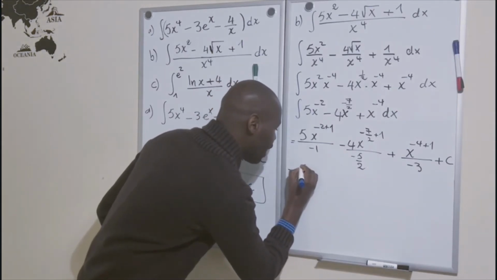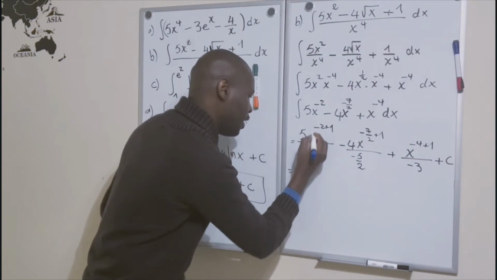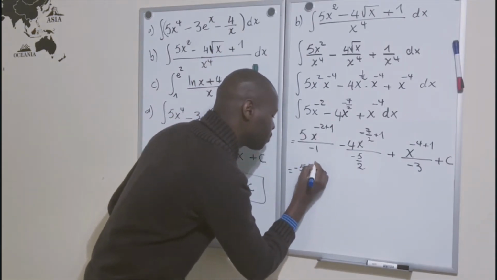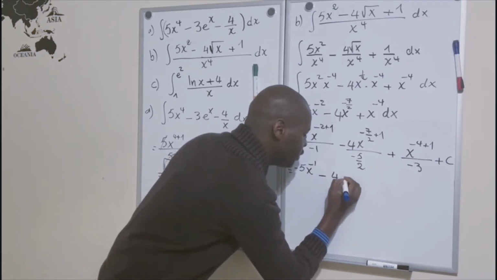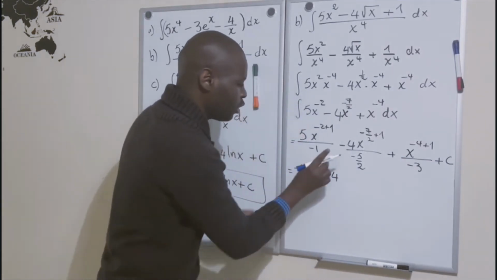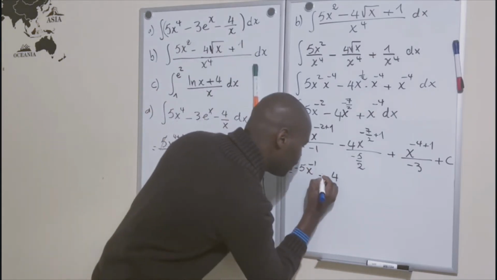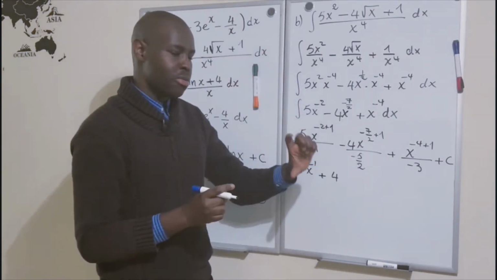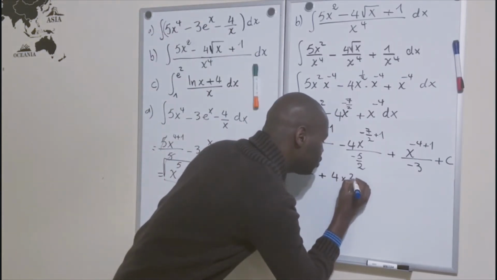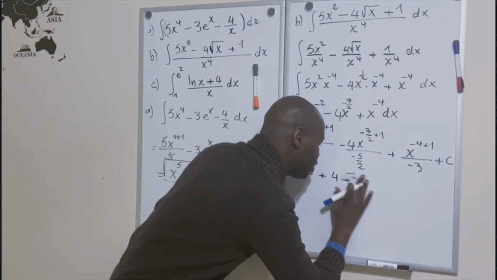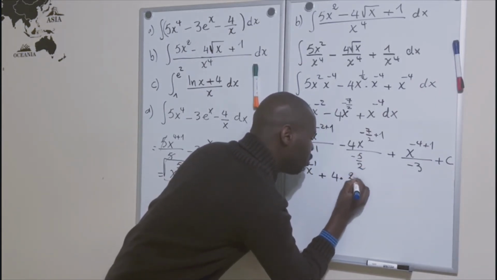Now we have 5. So we have minus 1 here, so minus 5 x to the minus 1. Right, minus 2 plus 1. Minus 4. Here's the tricky part. Now we have a minus and a minus, so it'll be positive. Now since we're dividing, we have to multiply by the inverse of that fraction. So it'll be times 2. So this is not to be confused with an x. Let me just put a dot so we know. So times 2 over 5